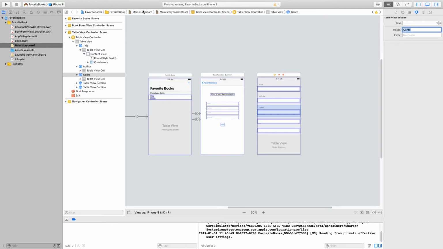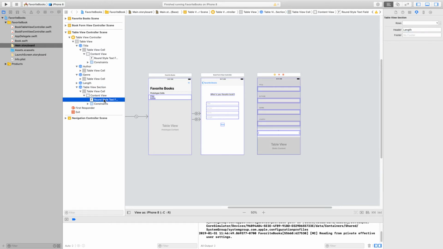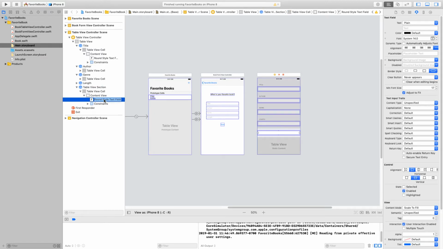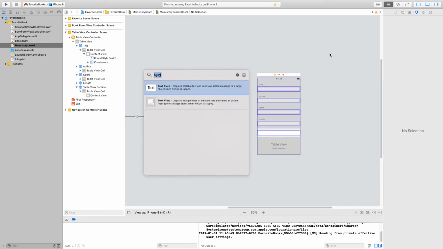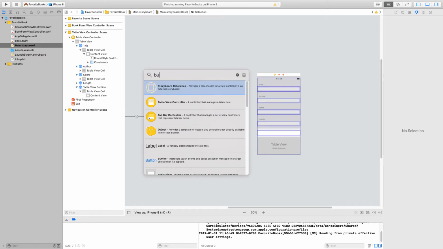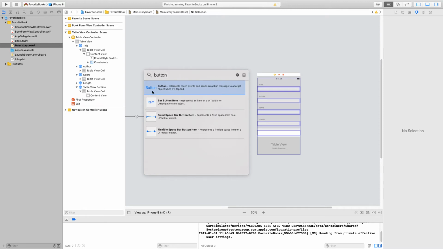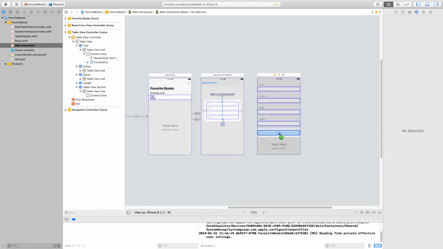So I'll hit enter. The next table view section will be named length. And I'll hit enter. And then finally the last table view section, that's going to actually hold a button. So what I'm going to do is I'm just going to go in and delete the text field and then search for a button, and then I'll drop my button down into that table view